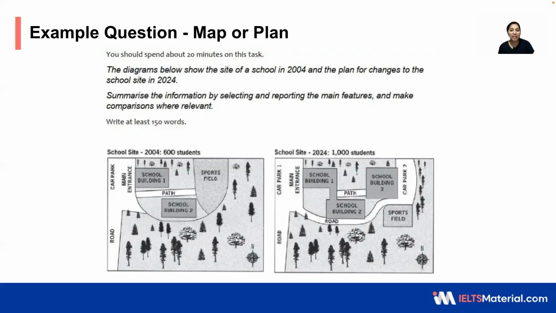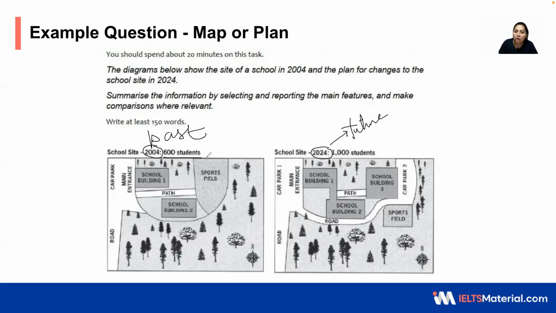So you have to make sure that you use perfect tenses, that is the proper tenses in describing the maps. This particular diagram shows two different maps. You can see what are the main features explained. The first map is talking about the year 2004 and the second map is talking about the year 2024. So this will contain the future tense and this will contain the past tense.